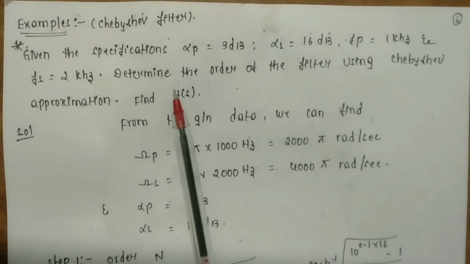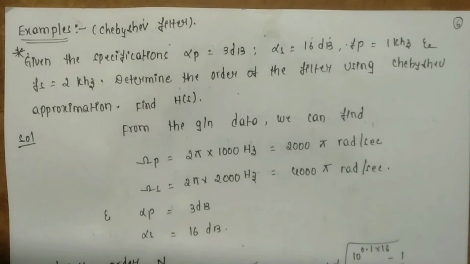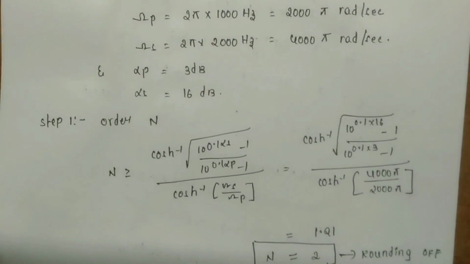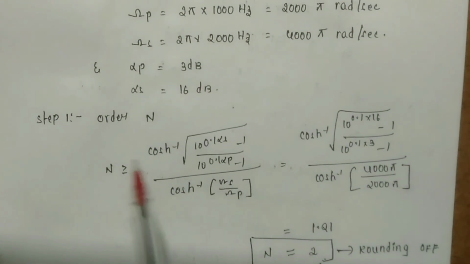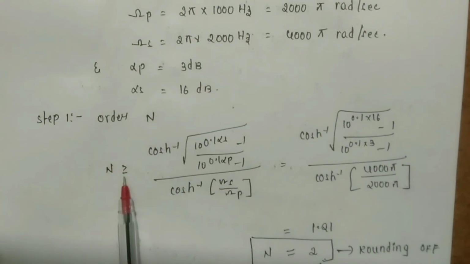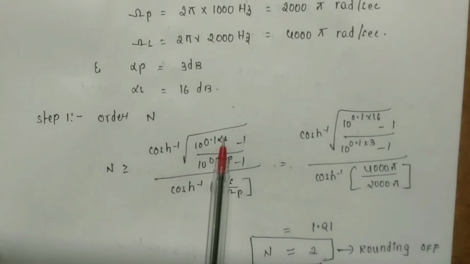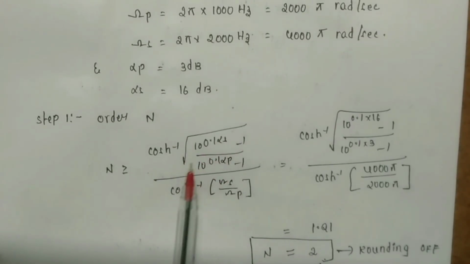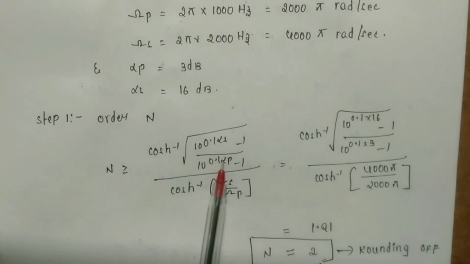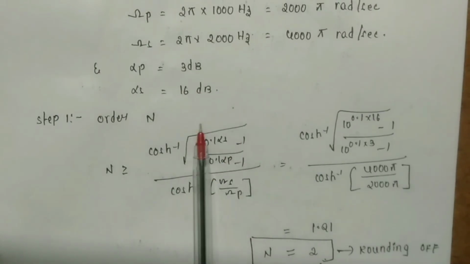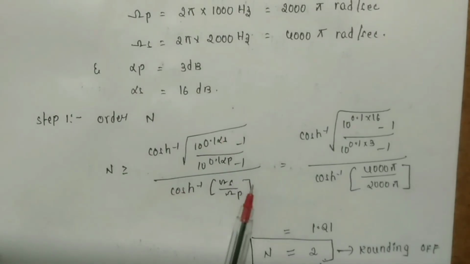Now come to this. Next we have to find out the order. Step 1 is finding out the order here. The formula for finding out the order is n less than or equal to cosh inverse of square root of (10 power 0.1 alpha s minus 1) divided by (10 power 0.1 alpha p minus 1), whole divided by cosh inverse of omega s by omega p. So this is the formula, but here omega s and omega p are the angular frequencies